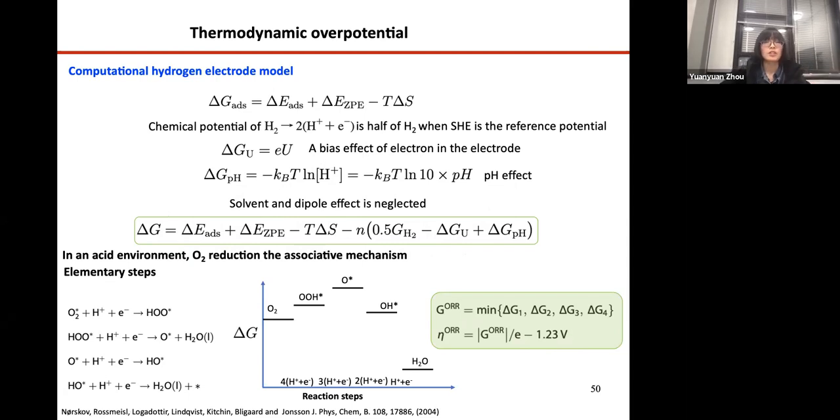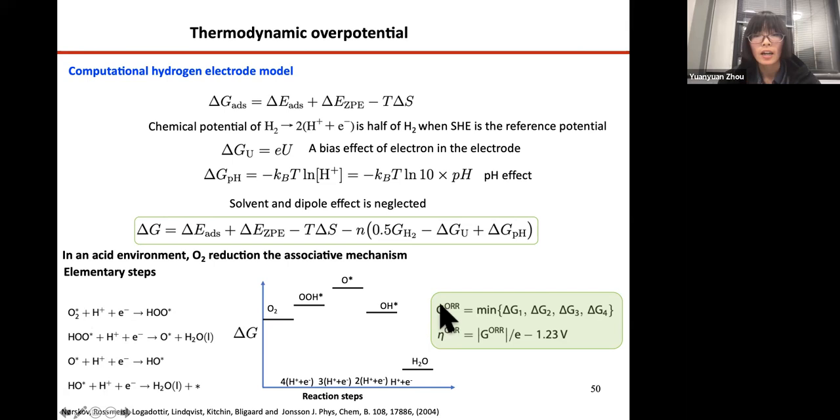And this is just an example for the oxygen reduction reactions, and in the acid environment, it will follow the association mechanism. If you don't know what the association mechanism is, it doesn't matter. It just involves these 4 elementary steps, and how to calculate the